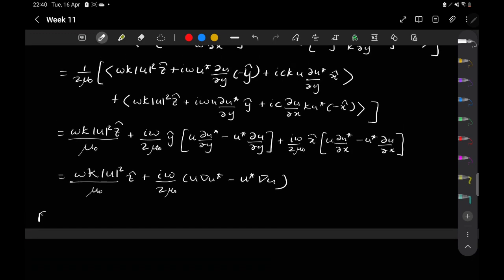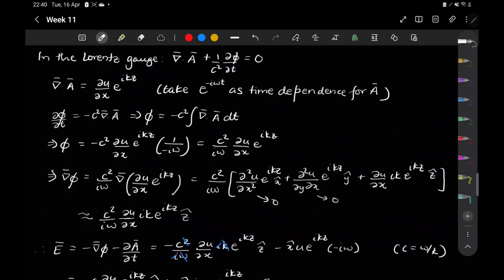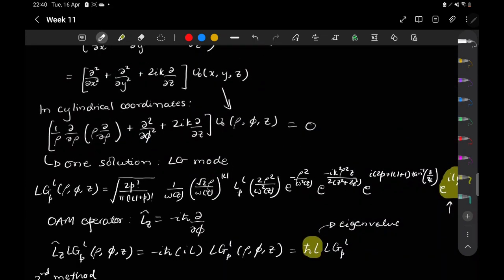Okay, now for the OAM field, this field amplitude is given as follows. This is the same thing that we wrote earlier over here,